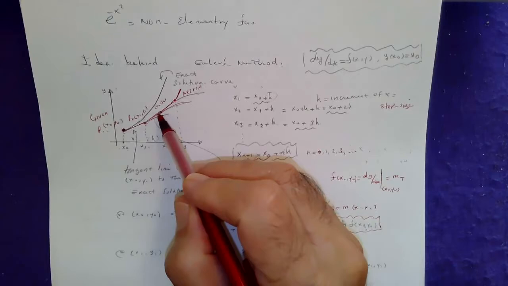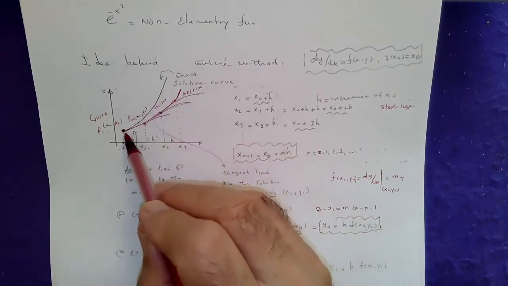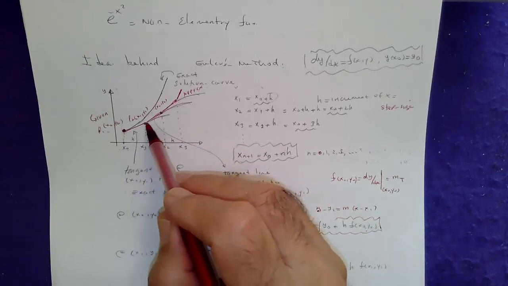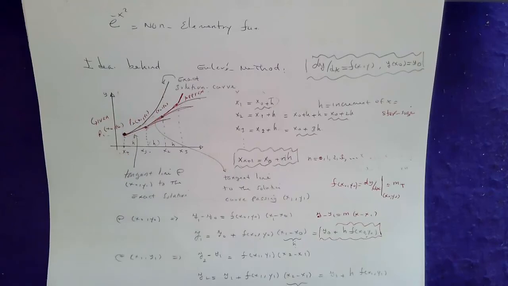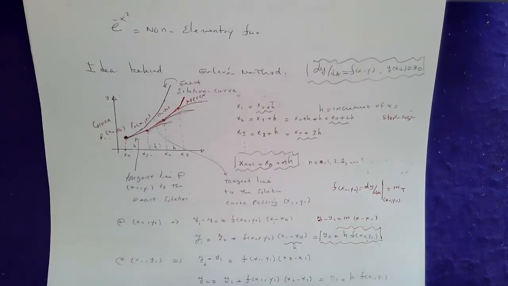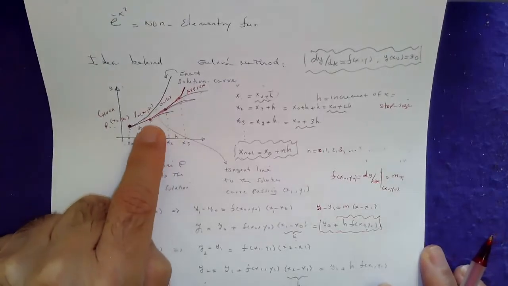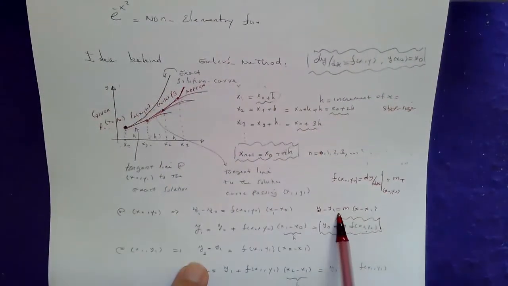But remember, this line is no longer tangent to the exact solution. The only line that is tangent to the exact solution is the first one. Thereafter, these are not tangent to the exact solution. They are tangent to the solution curves passing through these points. Keep that in mind. So using these points now, P2 and P3, I'm going to use that equation from